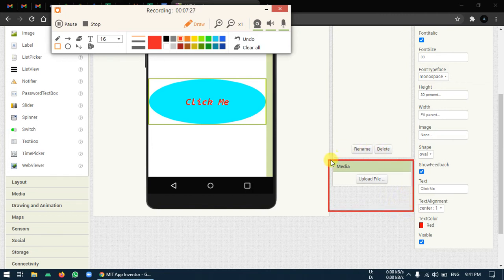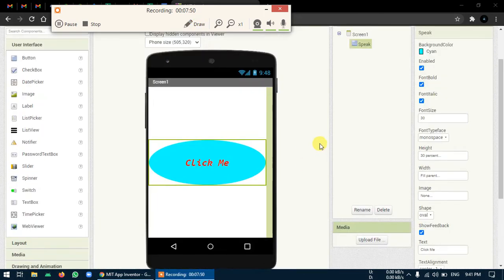If you want to use any resources, like a video you want to play on your screen, or a background image, or maybe some music, you can upload it over here in the media section. It will list all the media, all the third-party resources. A lot of options are there again for this.